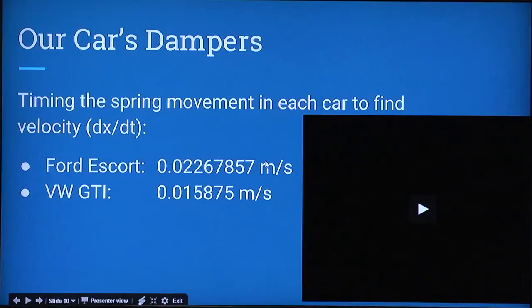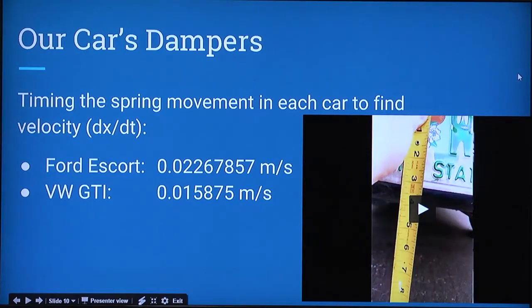Okay, so to find our car's damping constants, we could perform an experiment that was very similar to the one that we did with Hooke's law, where we put a mass on the car, we release the mass, and then we find the change in distance over time. So if you can play that video, very simply, all you need is two guys and a tape measure. One to sit on the trunk of the car, jump off, and you measure the change in distance over time,